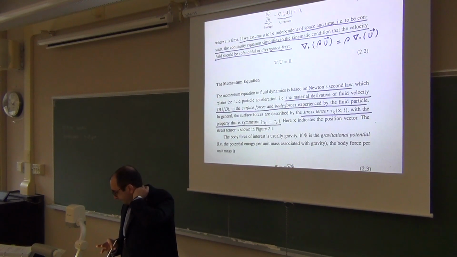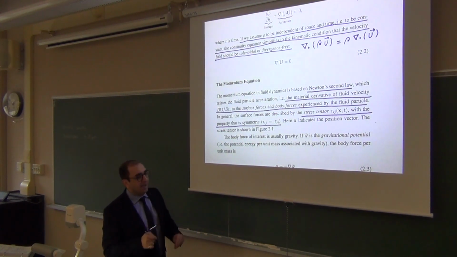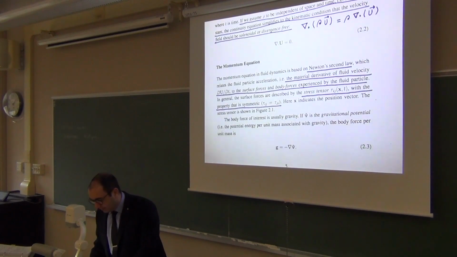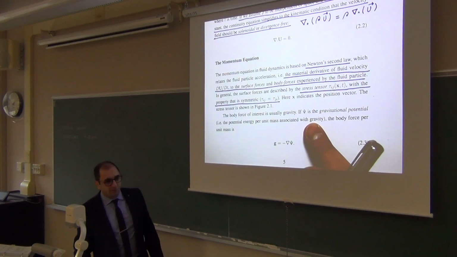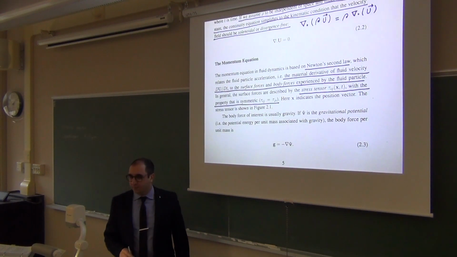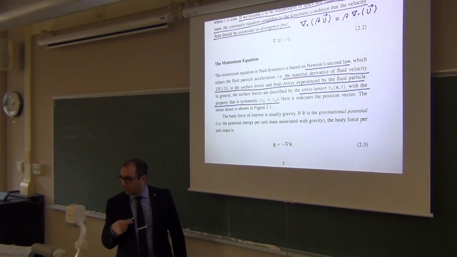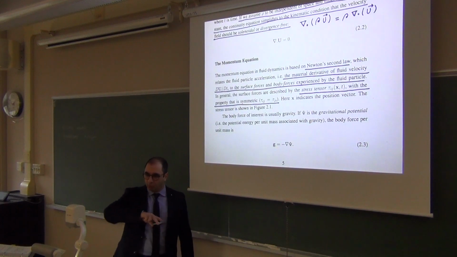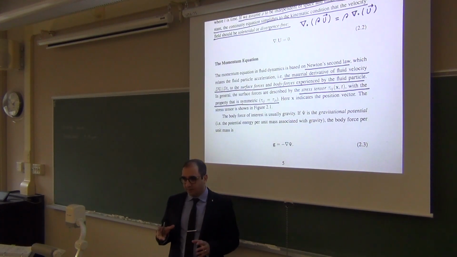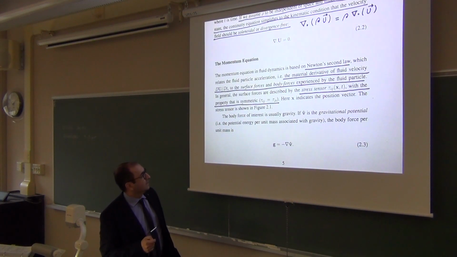Let us quickly now focus our attention on the body force, but then again we come back and explore tensors in detail. The body force of interest for us, for a lot of the practical flows, like environmental flows, is gravity, right? Of course, there is the body force associated with rotation, like centrifugal and so on. Like in the atmosphere, we have the Coriolis force, right? So that's also there, and you have a body force in the Archimedes screw as well. The body force for us is gravity,